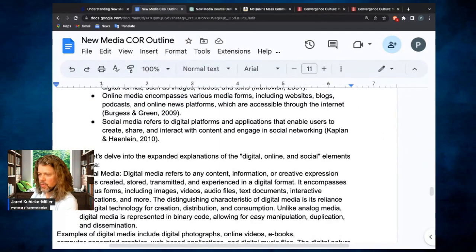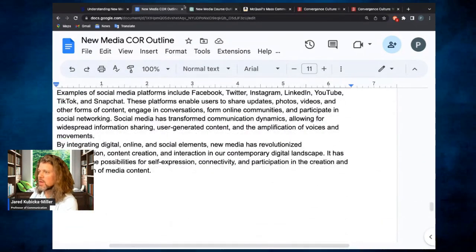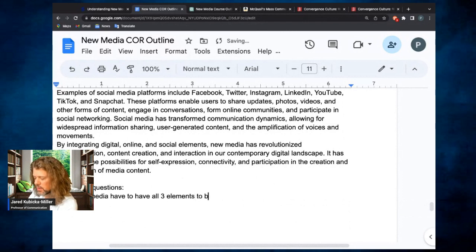So let's do some discussion questions. Does new media have to have all three elements to be true?